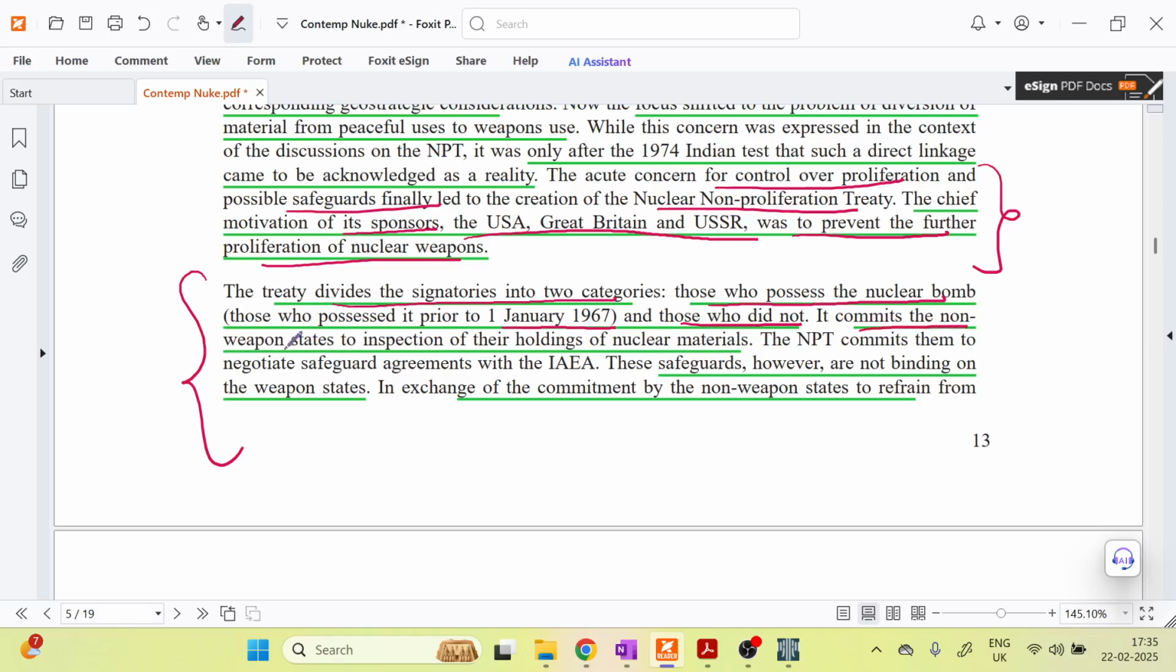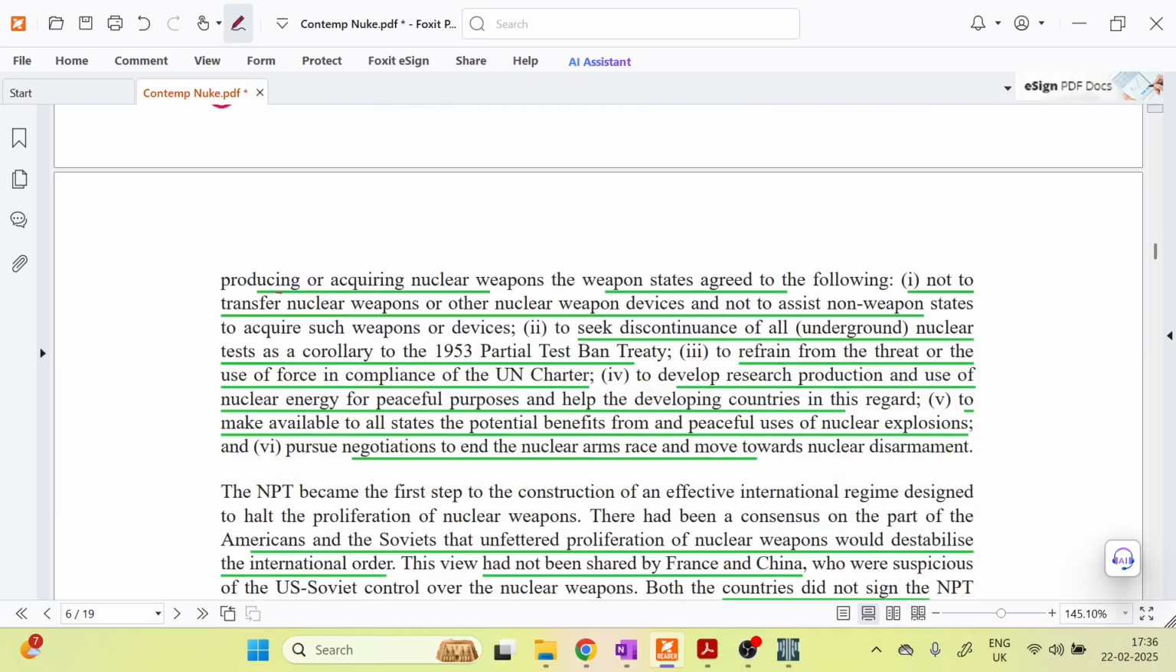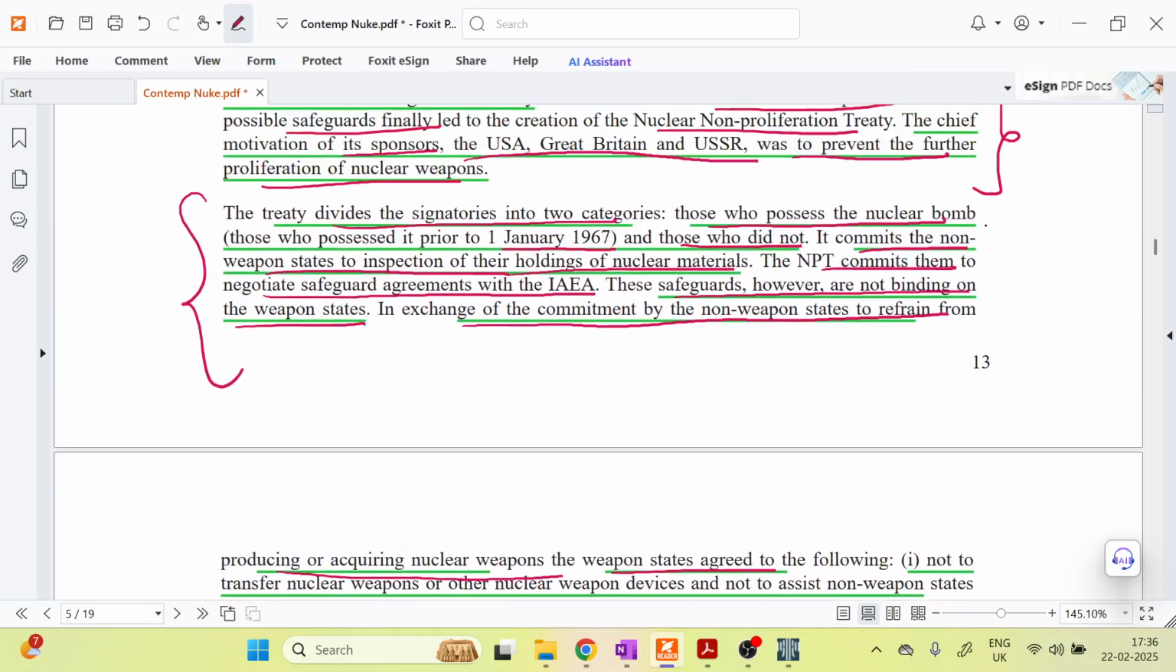So it commits the non-weapon state to inspection of its holdings of nuclear material. The NPT commits them to negotiate a safeguard agreement with this agency. These safeguards are not binding upon the weapon state. So in exchange for the commitment by the non-weapon state to refrain from producing or acquiring nuclear weapons, the weapon state agreed to the following. Now, before having a look at the conditions, first let's look at the